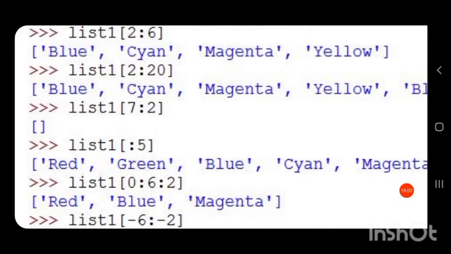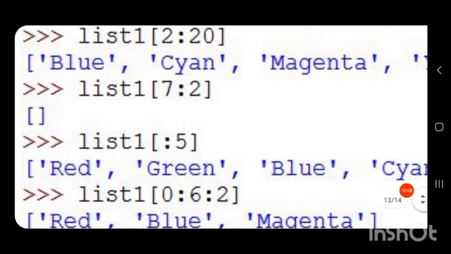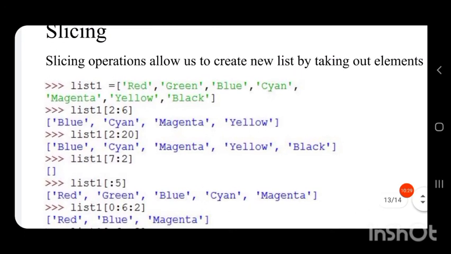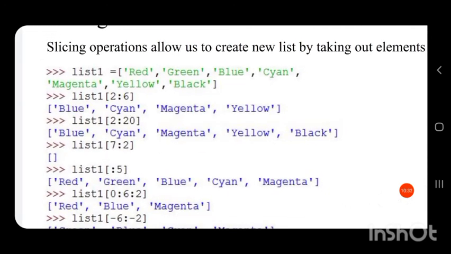So in case of an out of bound value for start, it will return an empty list, because there is no index position called 7. So if we specify an out of bound value for the start, then it returns an empty list.